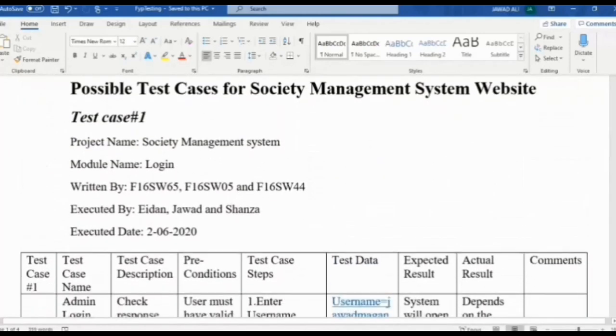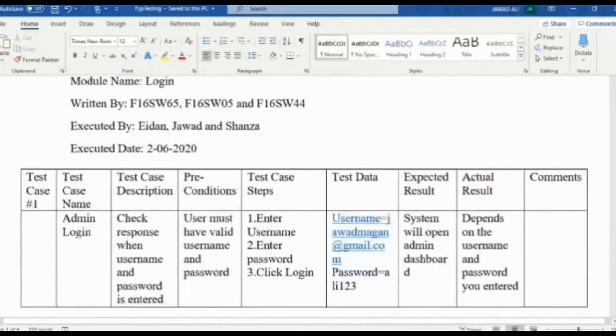So the first case we have taken is our admin login. Following the format, we have written its test case name, which is admin login. Its description is to check the response whether the username and password are entered or not. Its precondition is that the user must have a username and password.